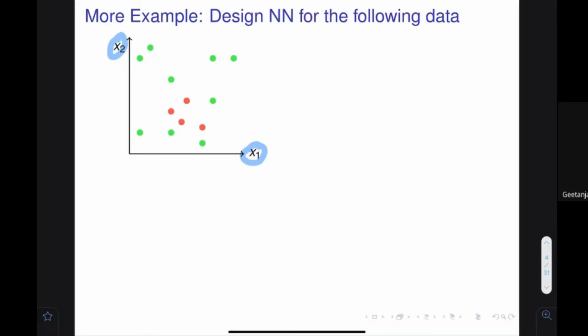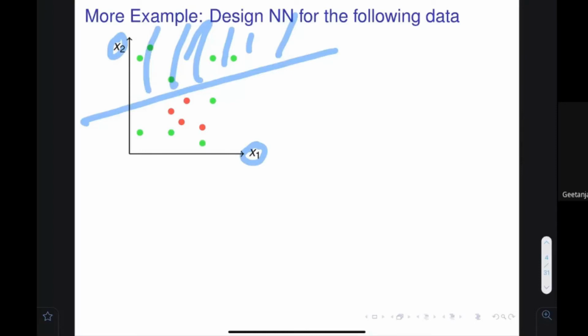No. Only one person knows this. Two people know this. Okay, just try that. If I draw a line like this, on one side everything is fine, everything up is positive, but below everything should be negative. So why do these positive points come here? This is not the right line.